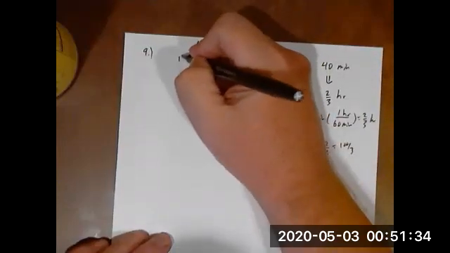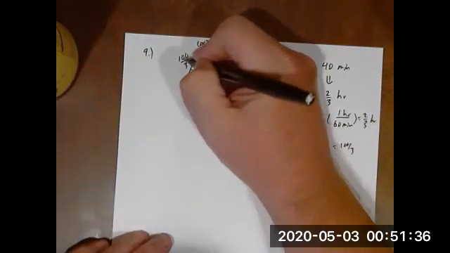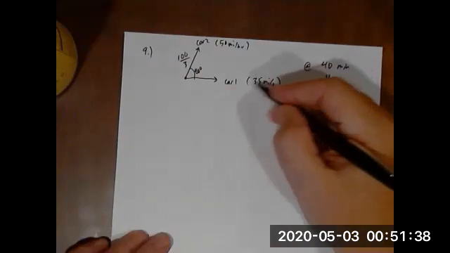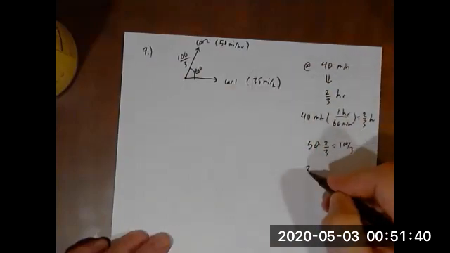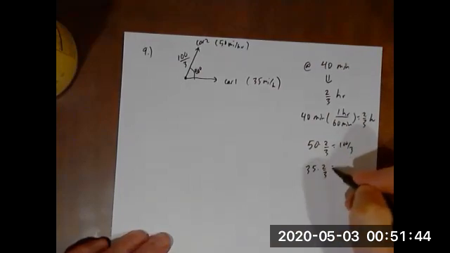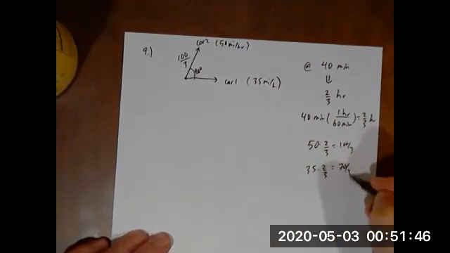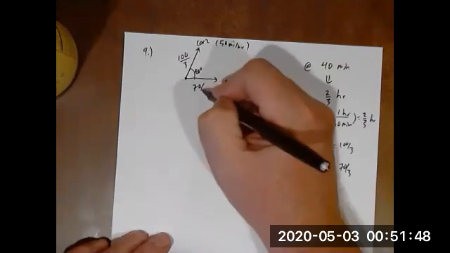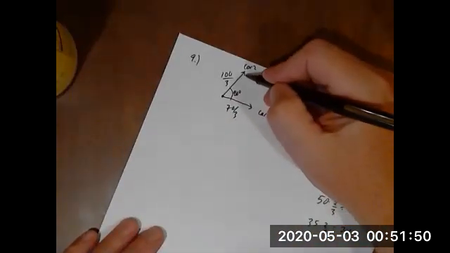Let me just leave it as a fraction for now. This car has gone 100 divided by 3 miles. This car, 35 times 2/3, is 70 over 3. So really,